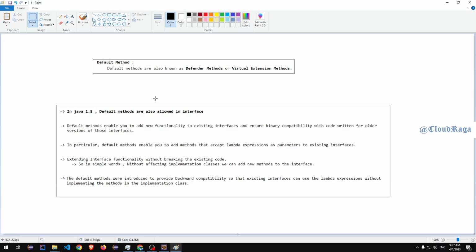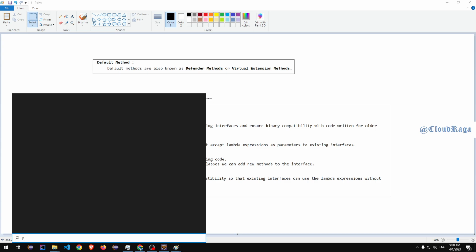So before going into that much detail, let's have an overview. What are default methods? Default methods enable you to add new functionalities to an existing interface and ensure compatibility with code written for older versions of those interfaces. And what I mean by this,